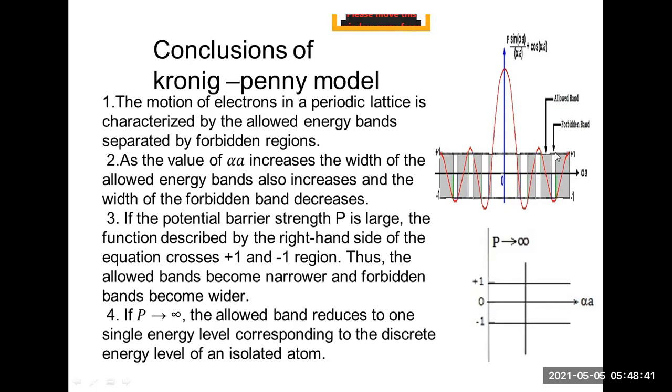Now you can see this is the forbidden region, the empty space, and these are called the allowed energy bands. What is happening if I increase the angle? Kronig and Penney say that as the value of alpha increases, the width of the allowed energy band also increases. If you increase this value alpha a, the width of the energy band increases, and the width of the forbidden gap